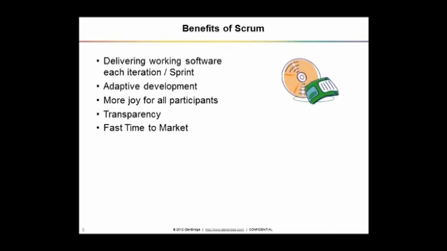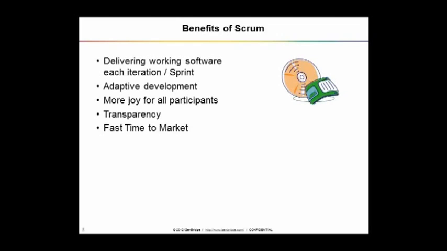Traditionally, we have been facing the issue where we don't know about the software till very late in our development life cycle. We keep writing documents and documents, and we feel that we are on time, but when we start developing the real code, or when the build starts going into a test environment, we find that we are very behind schedule. So Scrum exposes the problem, it shows the progress, it gives the working deliverable sooner in the project life cycle. It helps us in flexibly changing our plan as per the market condition.